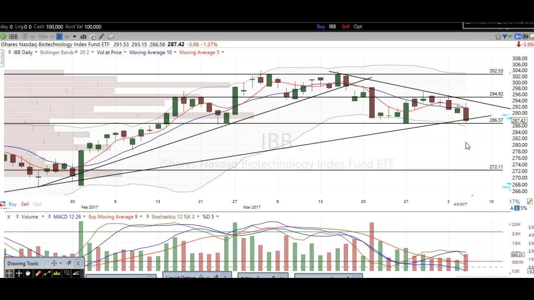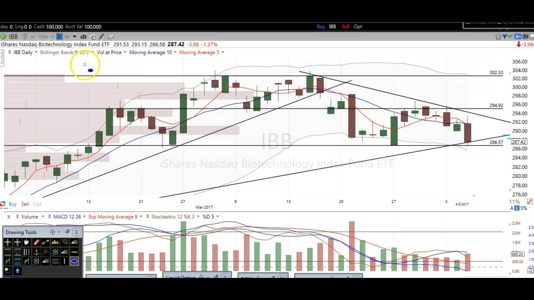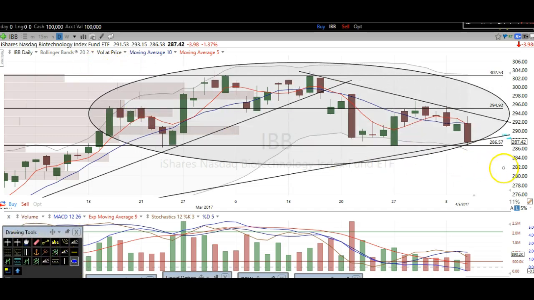So this is definitely a key level here in the near term that if you're long or you want to look long on biotechs, you want this to hold in the short term. Now we have this resistance level above us right here from this downtrend line. There's a rejection, there's a rejection, and to me this looks like, and I'm going to circle it here so you can get a better view of it, this pattern right here